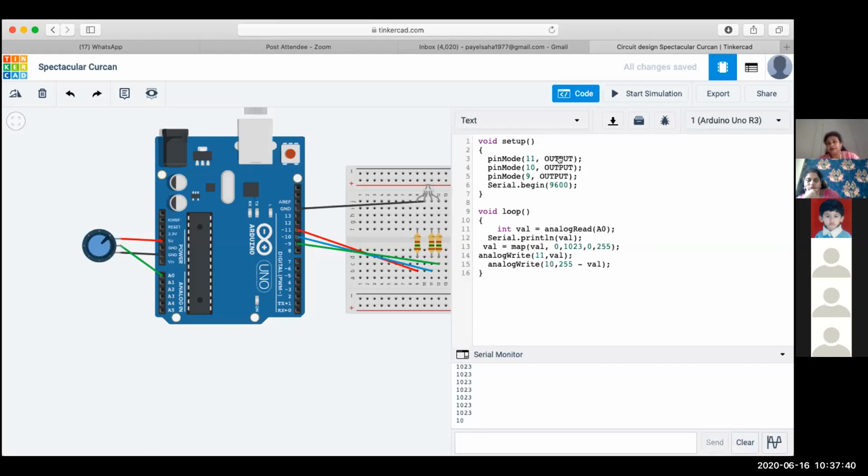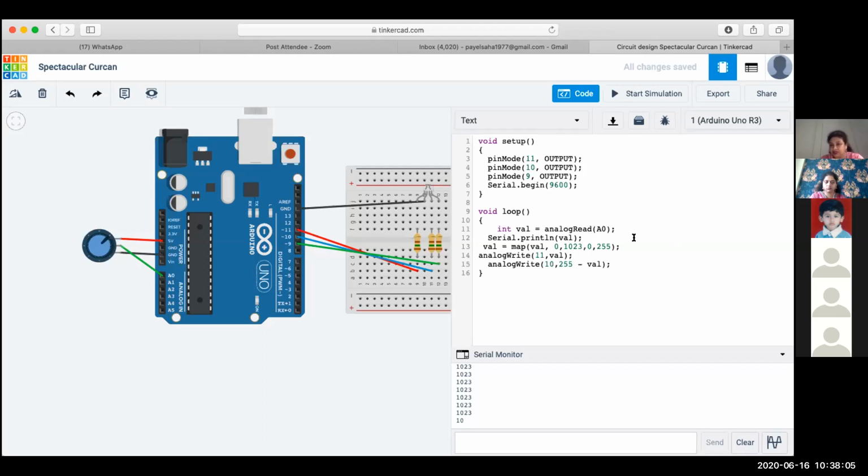Ma'am, please repeat once. Okay. So if I use 3 potentiometers, I'll make the power supply 5 volt and ground common. The wipers will be connected to, let us say, A0, A1 and A2. So whatever I am reading from A0, that I have put in val, I write it into pin number 11.